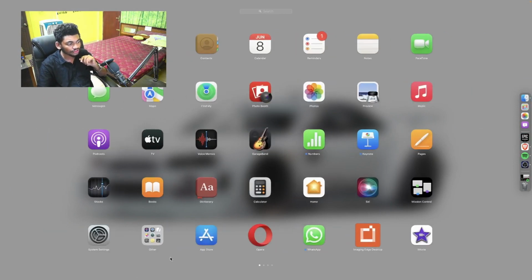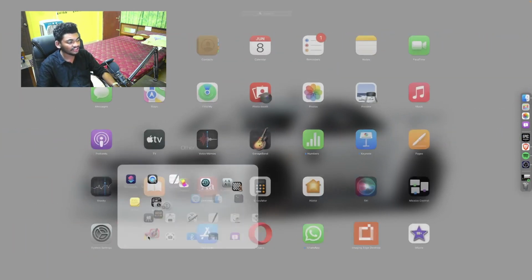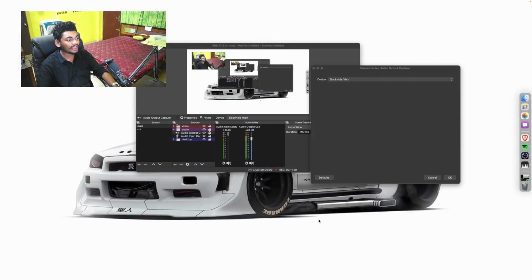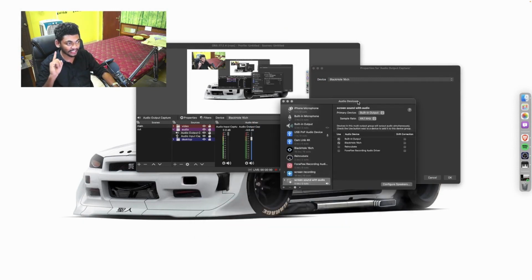to make the audio desktop work. For that, ladies and gentlemen, just scroll into your app view and find the Other section. You might have it in a different panel, but still find this one. This is called Audio MIDI Setup, ladies and gentlemen. Remember, Audio MIDI. In that, ladies and gentlemen, set the new